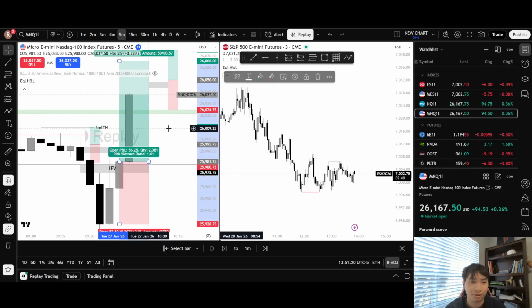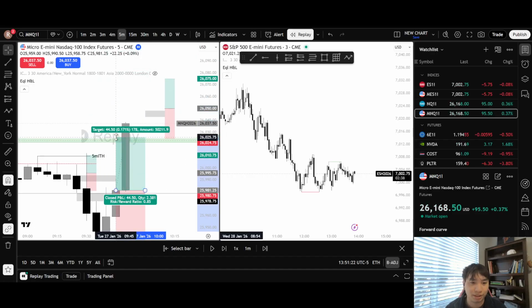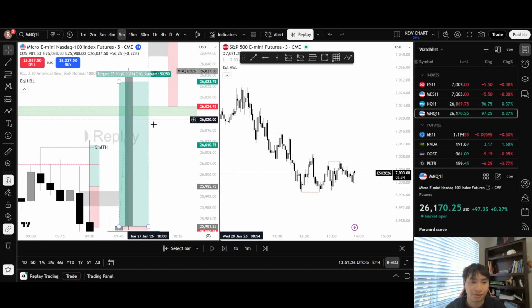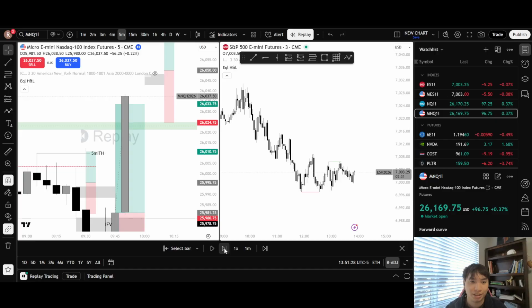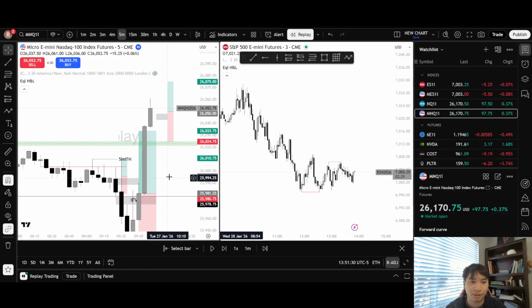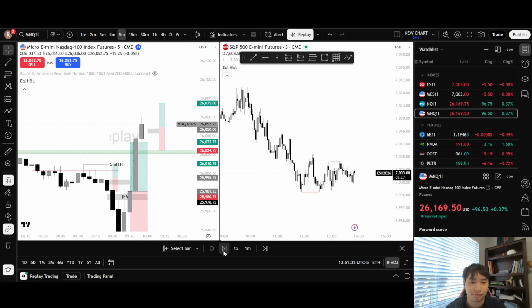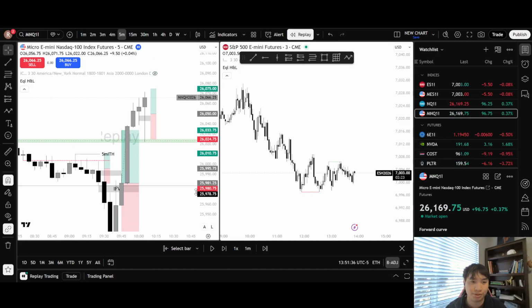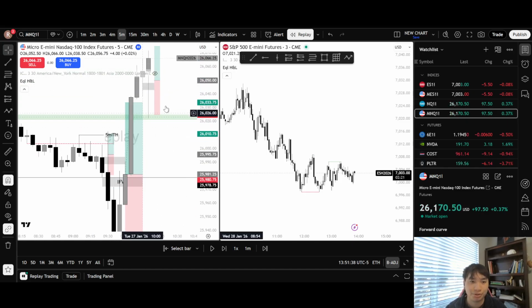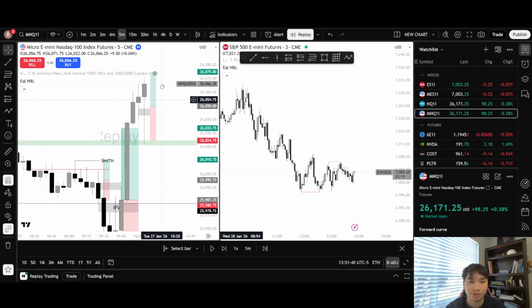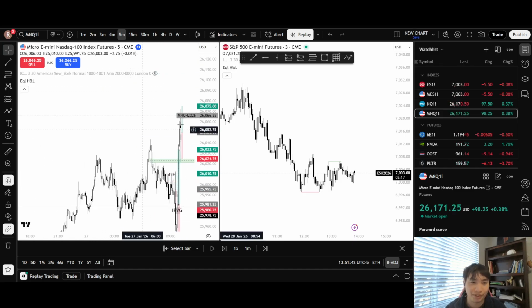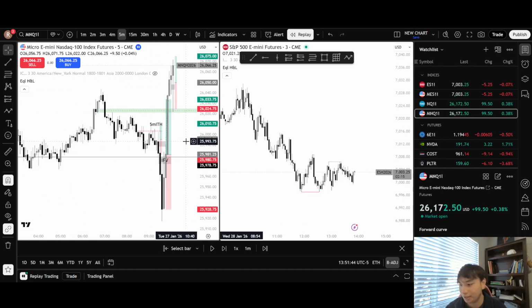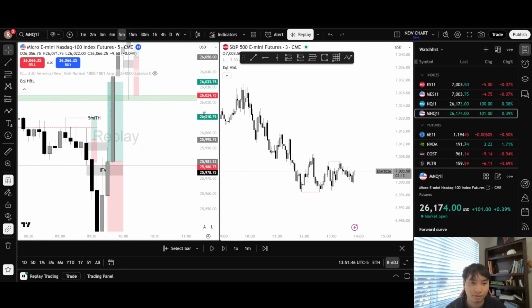Good 1-to-1, targeting this, break even at this 15, and then we eventually go higher from there, as we can see here. So we just go higher and higher. We sweep into this 15 or this 5-minute, and then we continue higher. But we don't really have any other draw on liquidity. So yeah, that's my bias on the day.